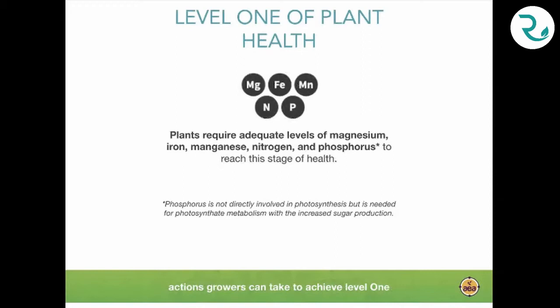So to reach level 1 of the plant health pyramid, plants require these 5 elements to be in adequate supply: magnesium, iron, manganese, nitrogen, and phosphorus. I'm not suggesting that you need to add more of each of these 5. I'm suggesting that plants need to have enough of each of these 5. Maybe you need to add only one of the 5, or maybe you need to add all 5. But the key point is that when adequate amounts of these 5 are present,